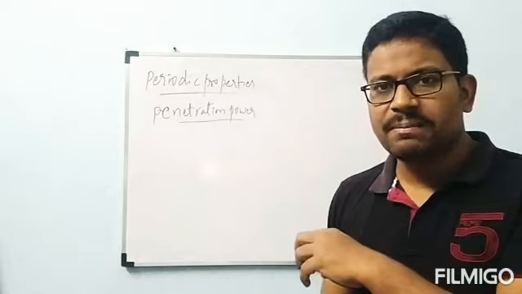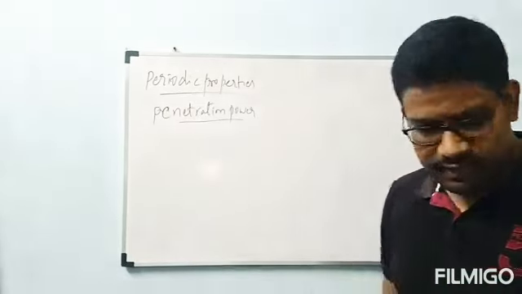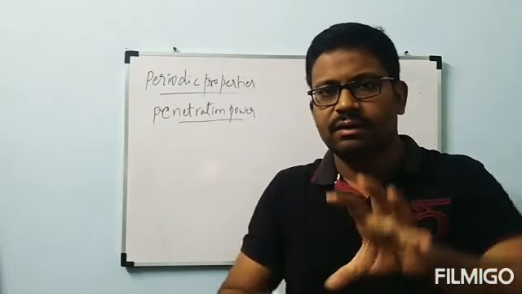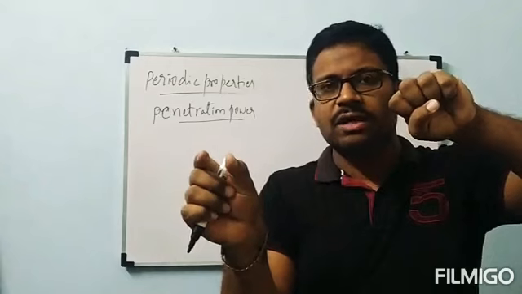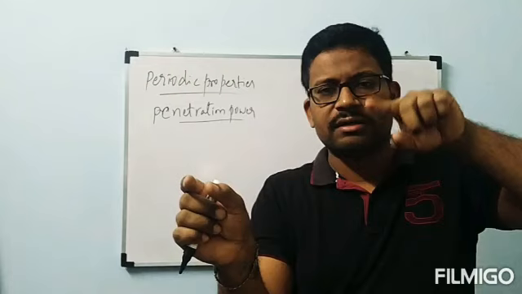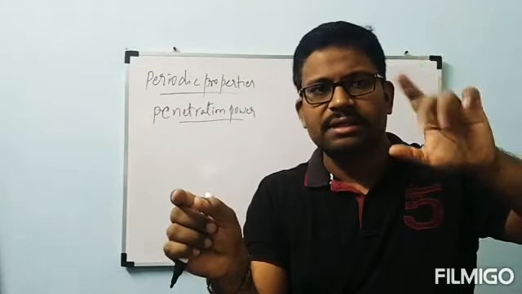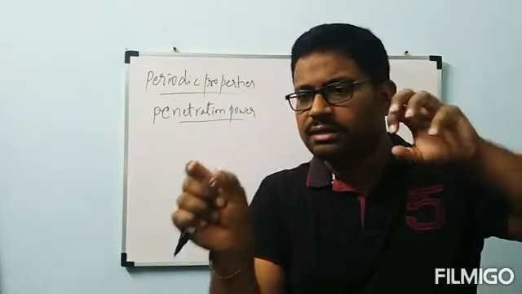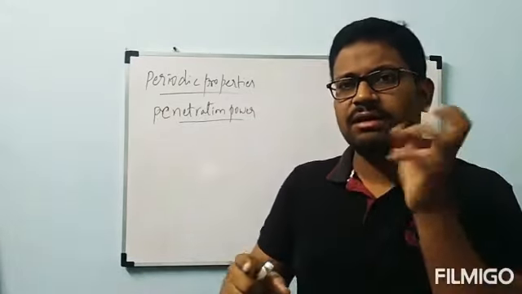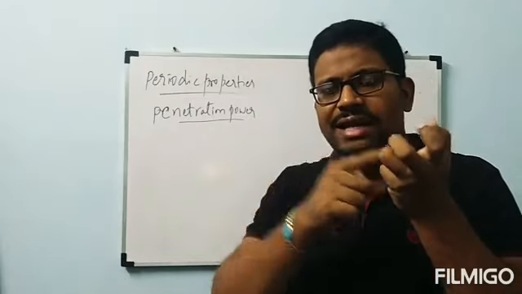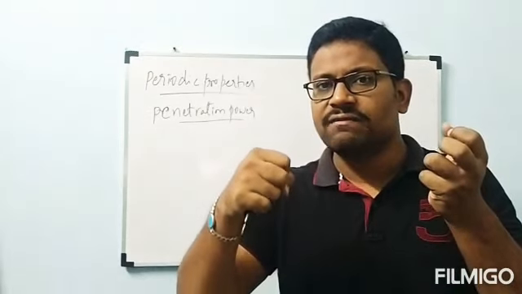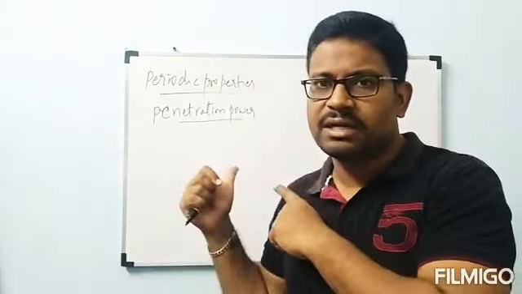This is actually completely dependent on shape. When we take S, the orbital shape is spherical, like a ball. Here the nucleus is there. The electron which is present in the S orbital will be present somewhere in the sphere, equally distributed throughout the sphere. Then this nucleus can attract this electron wherever it is present, because it is a sphere, round. That attraction of that electron towards the nucleus is called penetration power.